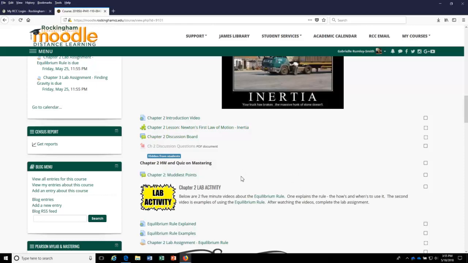There's homework for each chapter from chapter 2 onward, and those are more application-based. If you understand the concepts taught in the lesson, then the homework is applying those concepts. So you will have a quiz, a homework, and a discussion board question to answer for every chapter from